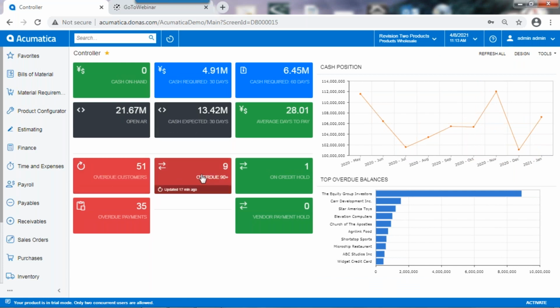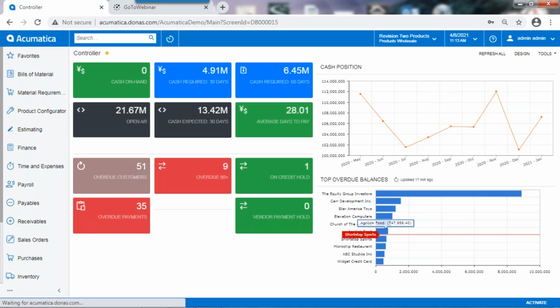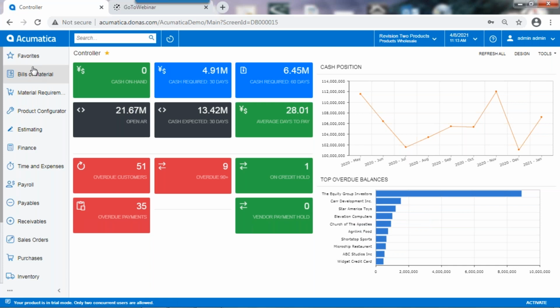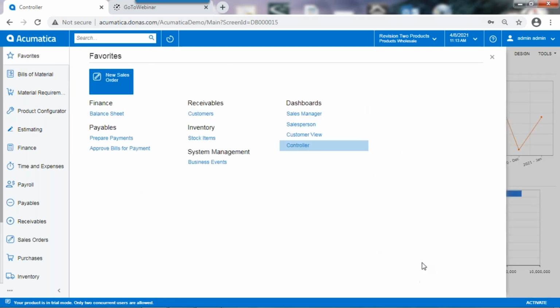I started with the controller dashboard, and this selects the dashboards that allow us to look at different things within the system. Like, whoops, we have no cash on hand, but cash required, cash balances. All of these are actual drill down reports that we can look at, overdue balances. If I shoot over to, and I'll get into the favorites in a moment,